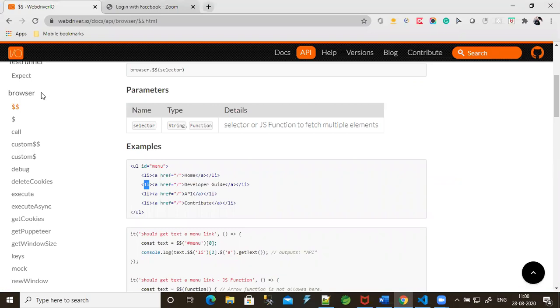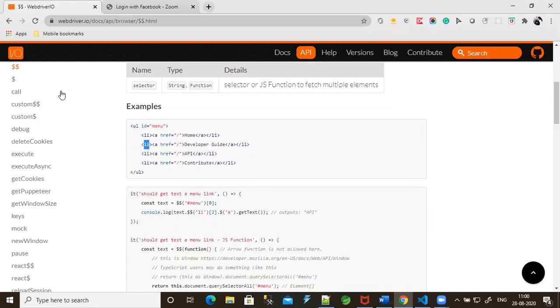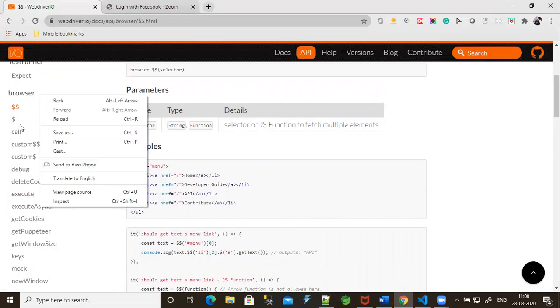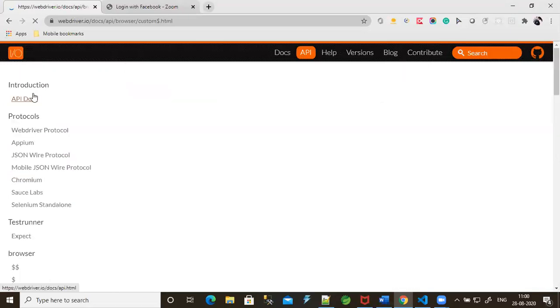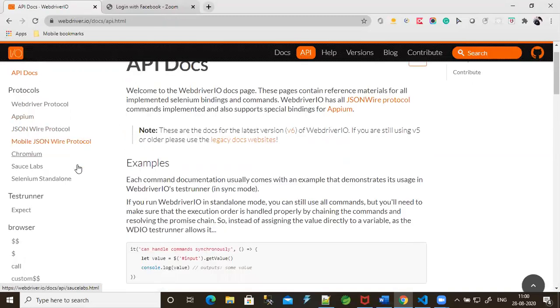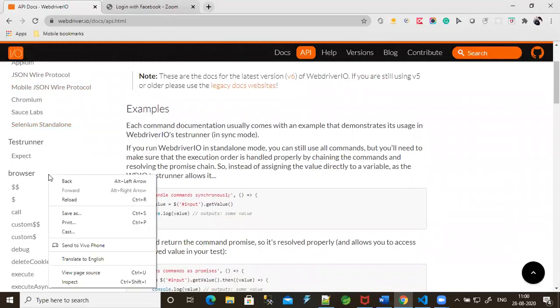I'm trying to call all the list elements on this particular site, like double dollar, and I would like to get them in my console log. So let me inspect the browser.